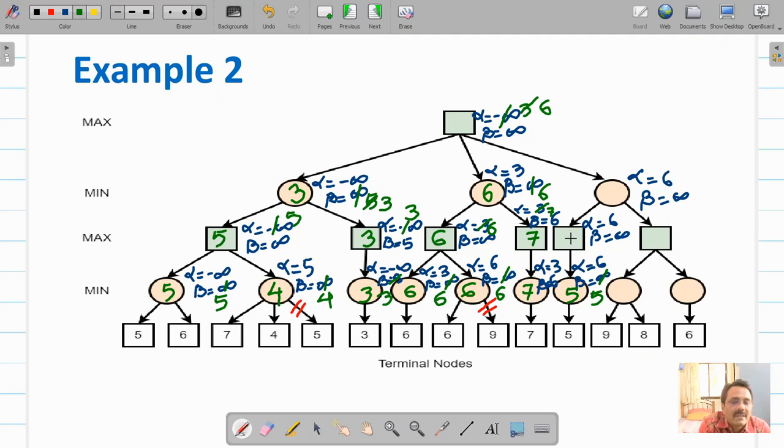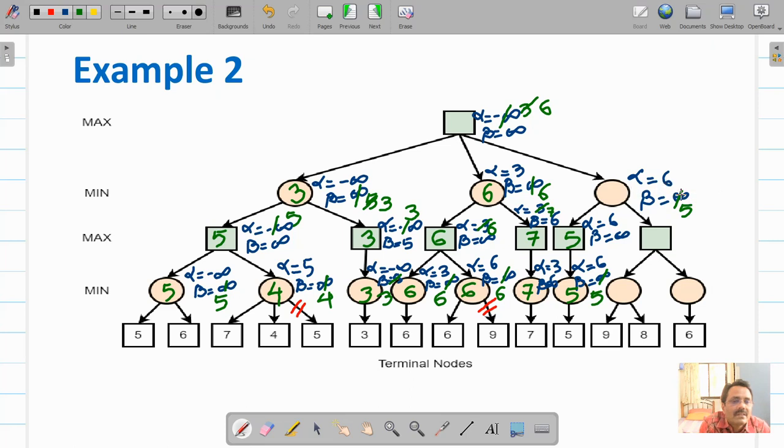Now this is the max node, it will update the value of alpha. It is getting 5. But alpha is 6. Alpha increases. 6 is better than 5, so alpha will not change. But value associated with this node is 5. Come to this min node. Min will update the value of beta. Beta is getting 5. Earlier value is infinity. 5 is better than infinity because beta decreases.